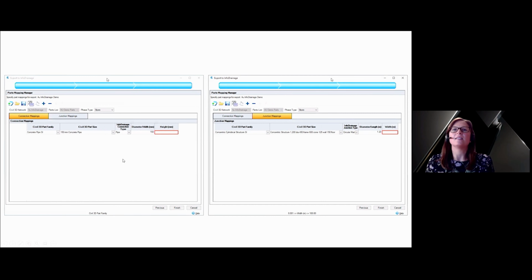We then need to enter the appropriate dimensions. In this example, it's pretty straightforward. With more complex setups where we have already specified multiple pipe sizes and multiple manholes, we could choose to save that to a template that could be used on other projects.